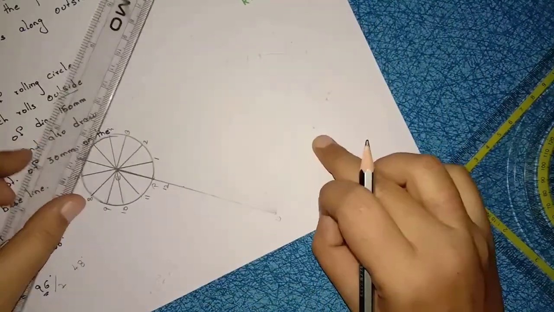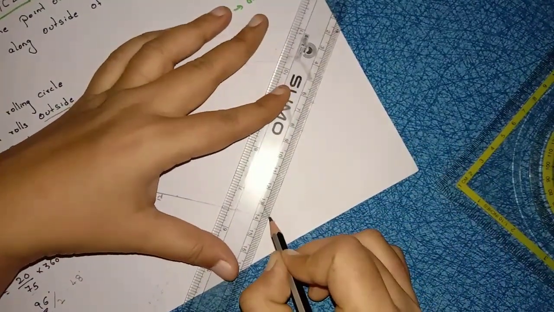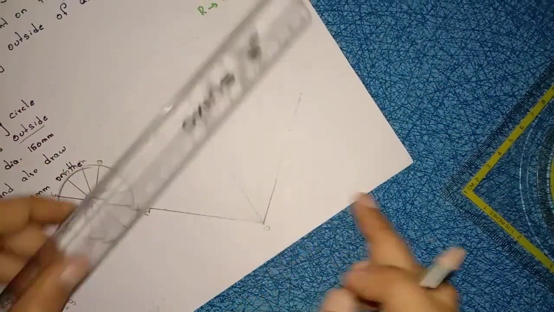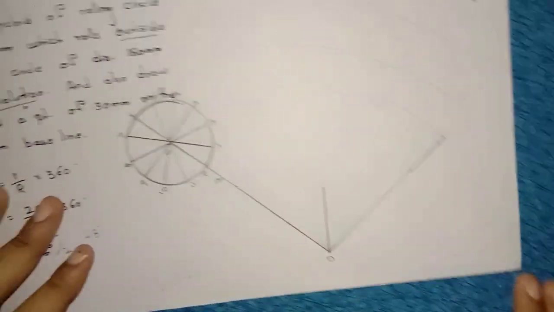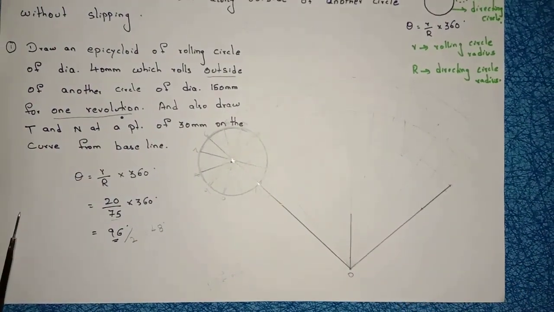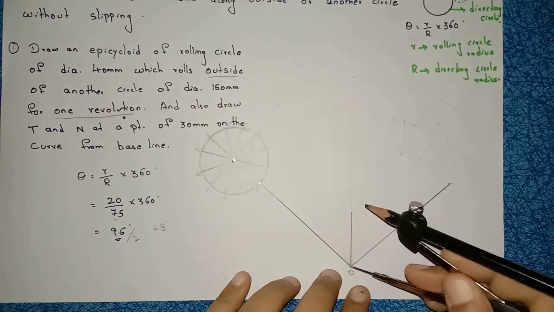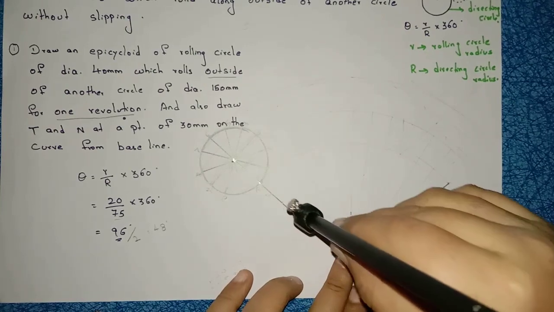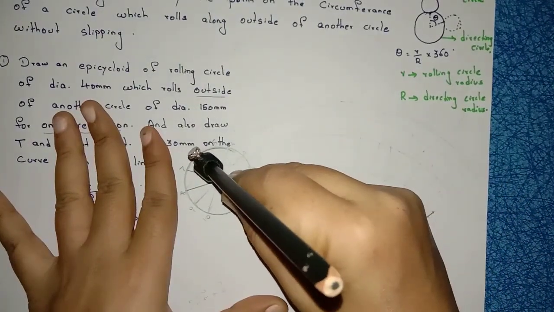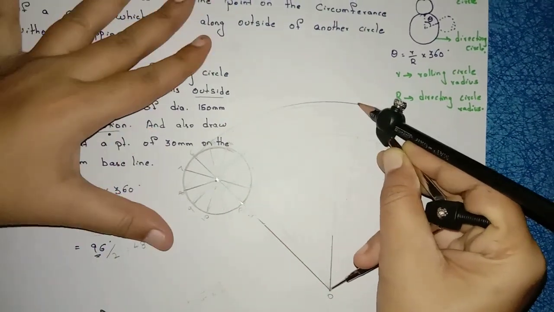Right, now here also we have marked 48 degrees. Just simply draw a straight line of any length. This is 48, this is 48. Right, after marking 48, draw a straight line of any length. Now place your protractor at point O. Okay, take O to 6 radius, O to 6, the last point. With the O to 6 radius, just draw the curve like this.